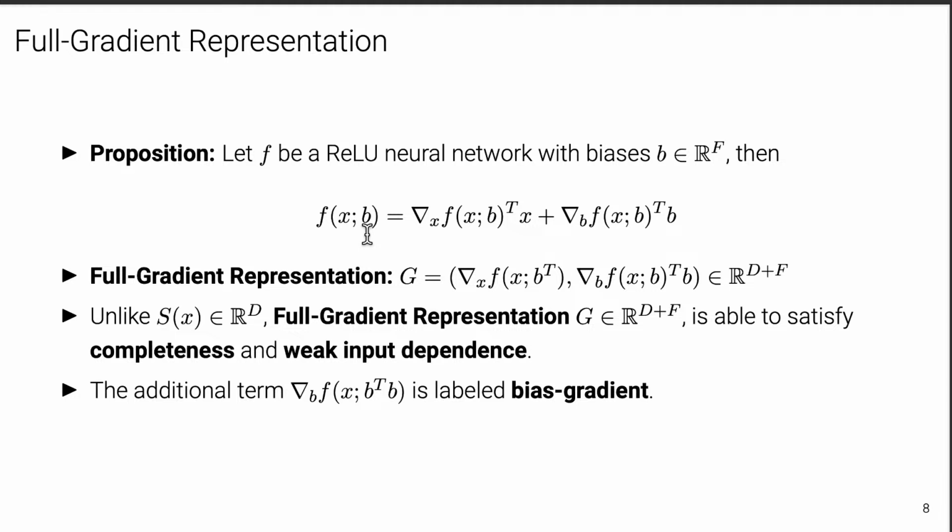So this bias vector is a concatenation of all these biases, and the paper shows that we need to use both the input gradients as well as gradients with respect to these biases to fully capture the behavior of the function. This full gradient representation